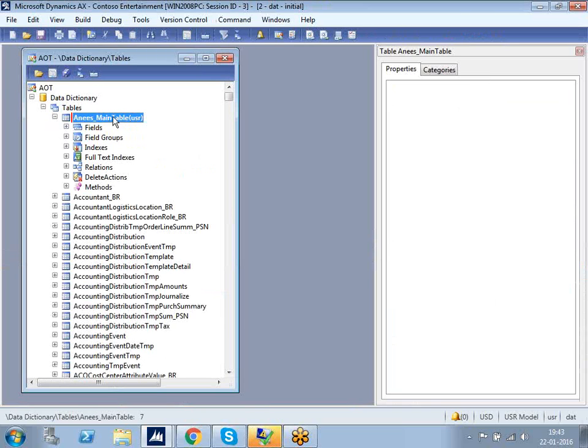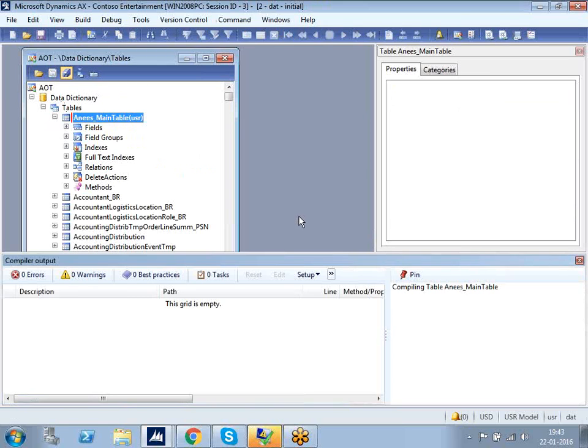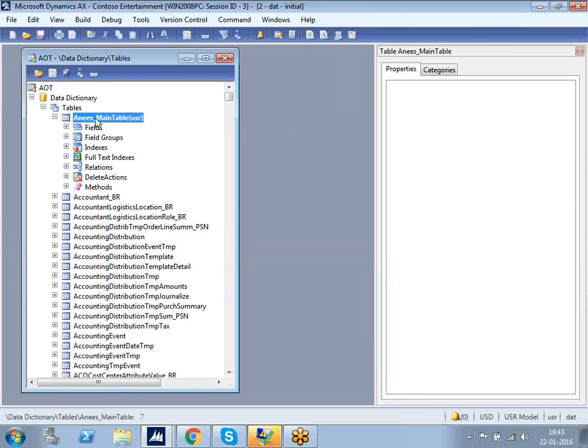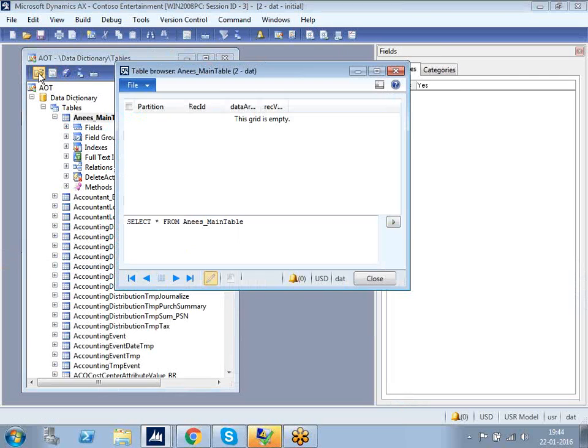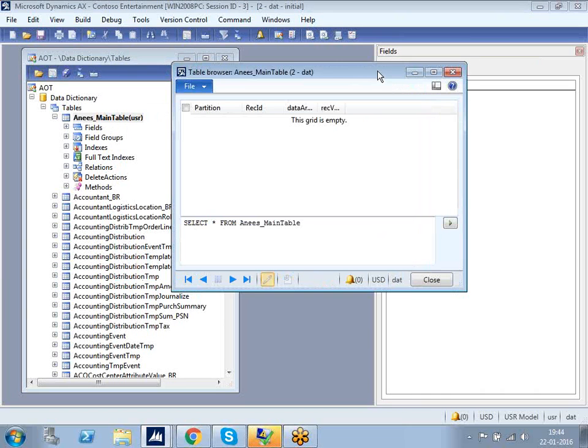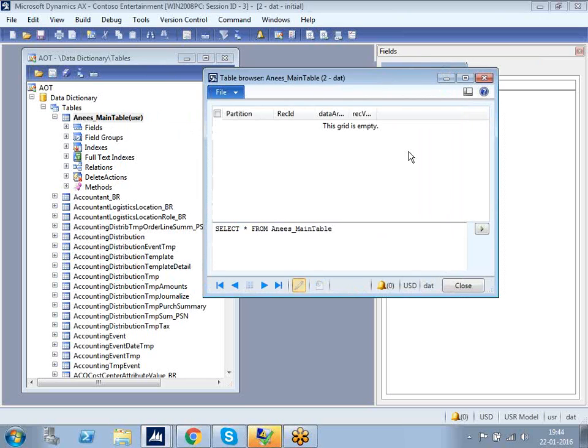You just click over here. This is the main table. Just save it. This is the empty table, and this is the main table. You just open it. By default, we will get this table. Is it okay? So what we need to do, all these things are